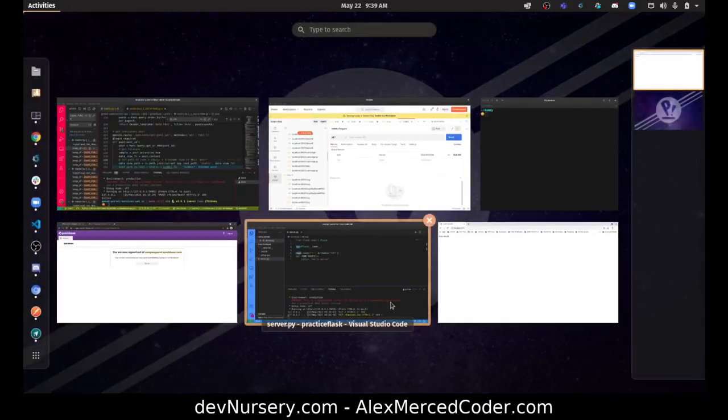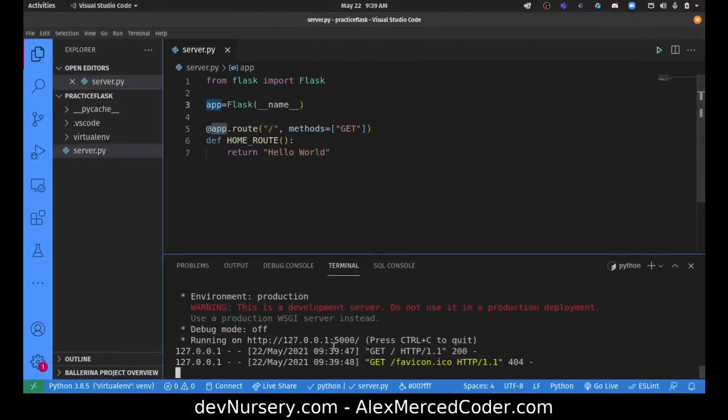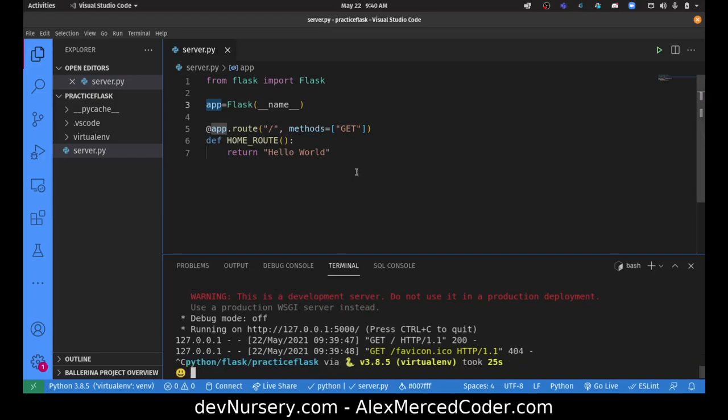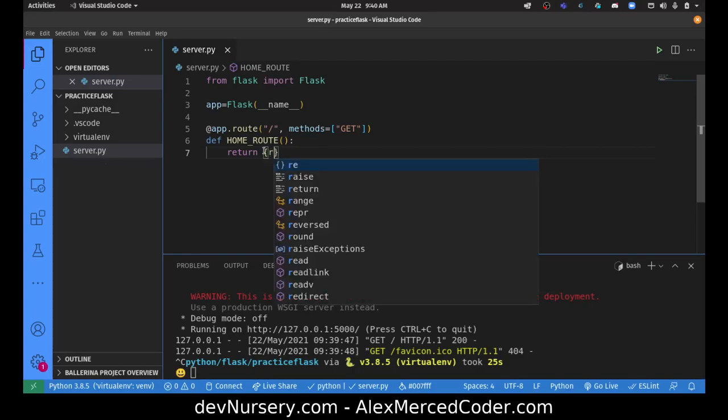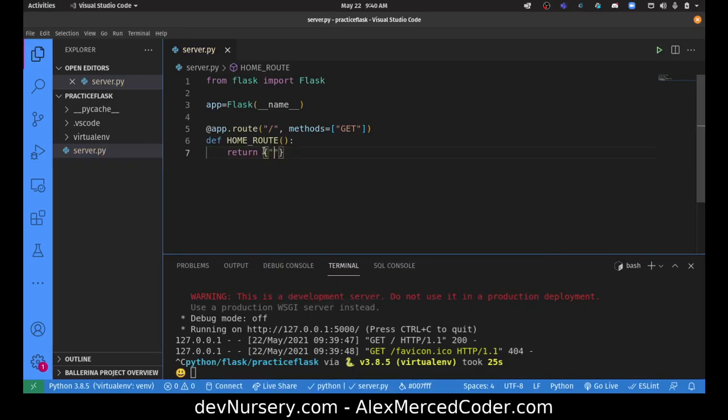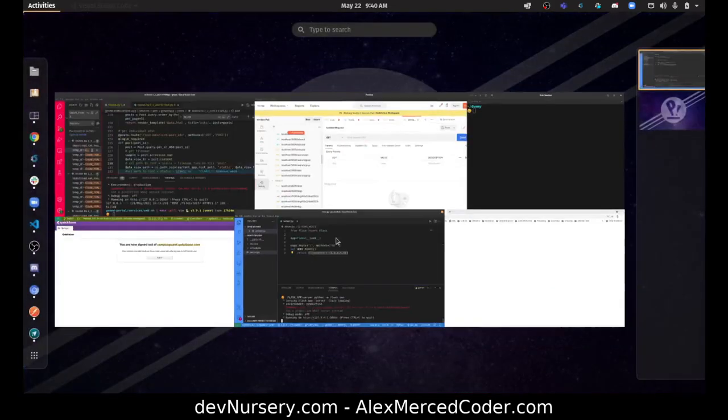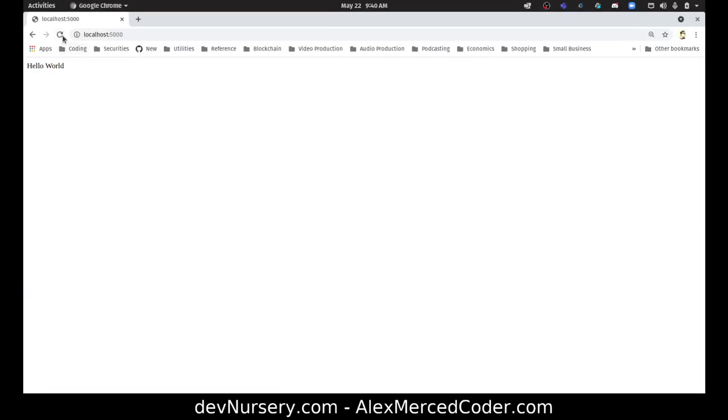Pretty neat. Now we'd like to do more than just that, so what you could do is also return JSON by just returning a Python dictionary. So I could do something like this. I could just say, hey, response. Well, it has to be a dictionary, and in Python you have to put quotation marks: response, and then the response can be like an array, 1, 2, 3, 4, 5. And since this is a dictionary, it'll treat it as JSON. So Control C. Now, if I go over here and refresh,